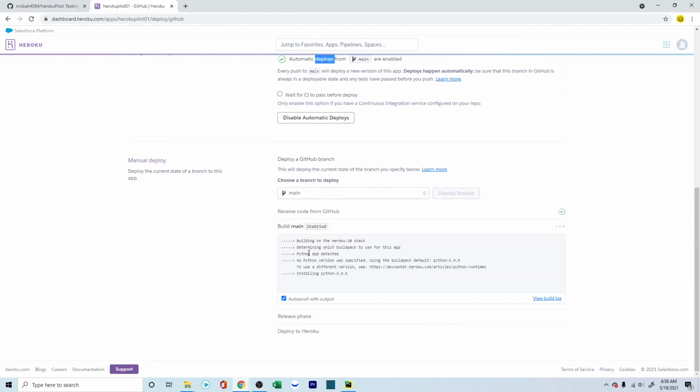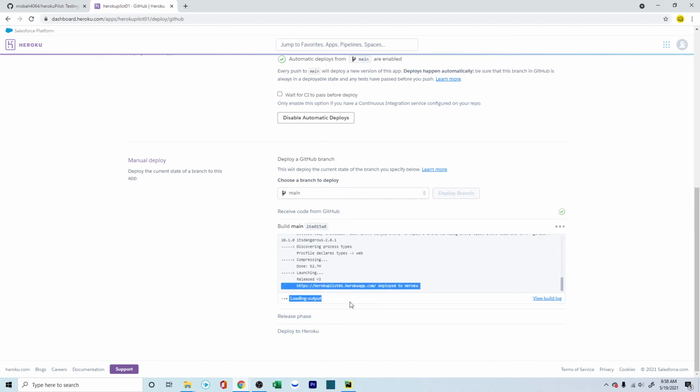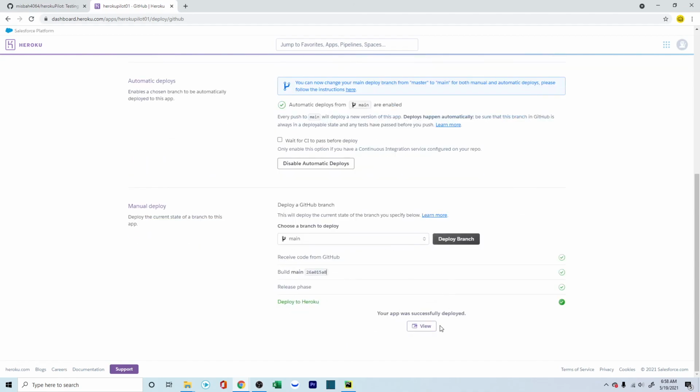It'll take a few seconds. It will install all the dependencies, all the libraries, and everything that it needs in order for us to run our server. And you can see that it's installing everything. It'll take a few seconds. Once everything is done, then our website should be ready to run. Let's see how this goes. And it looks like Heroku pilot 01 is deployed to Heroku, and it should almost be done. Done. Okay, so if we just press view, you can see that Heroku pilot 01 Heroku app, so it's under